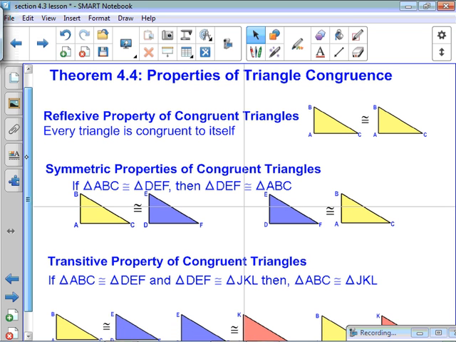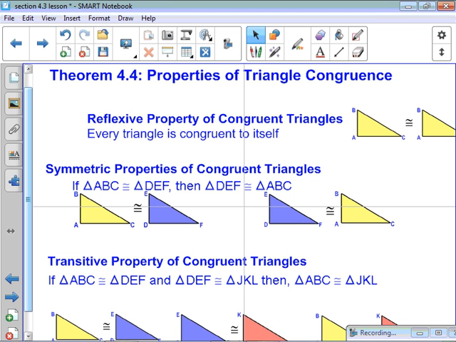Theorem 4.4. If this looks somewhat familiar, it should, because of theorems 2.1 and 2.2, the properties of line segment congruence and angle congruence. Same thing goes with properties of triangles. Triangle congruence works the same way. So if we have one triangle,